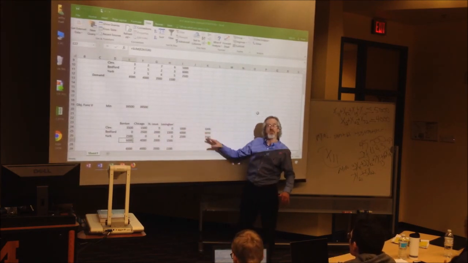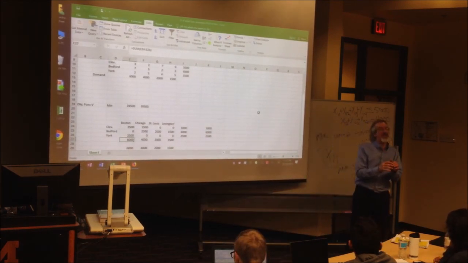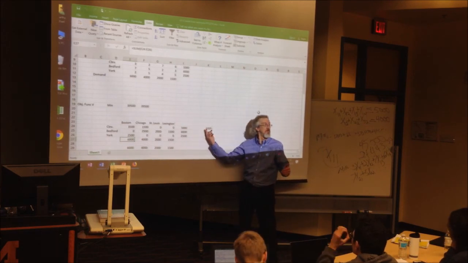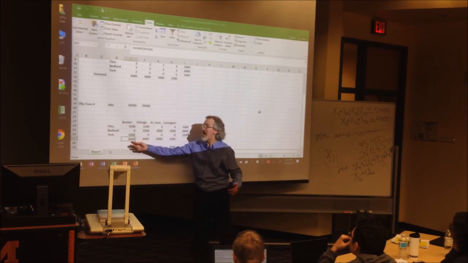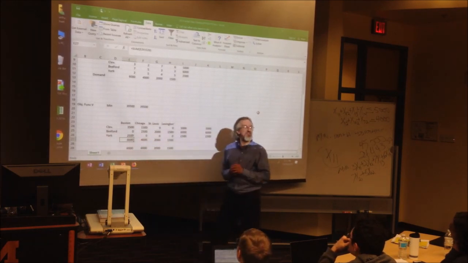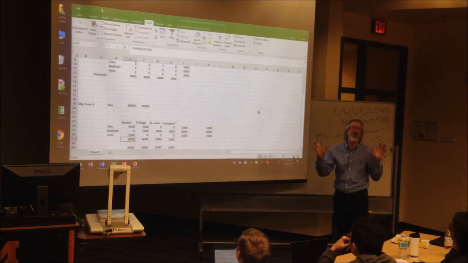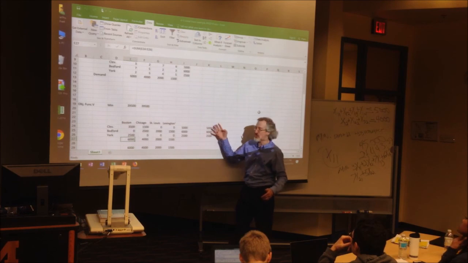Here's the left side, here's the right side. Do you see any slack? What I mean is where the amount being shipped is different than the amount available to be shipped, or the amount arriving is different than the amount that should arrive at that location. You see any slack? Zero. Slack doesn't exist. Because we had exactly 13,500 to ship and exactly